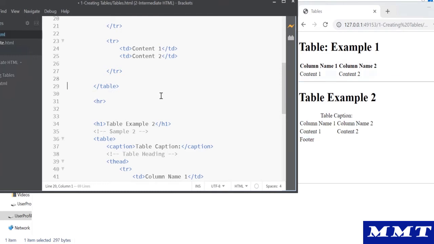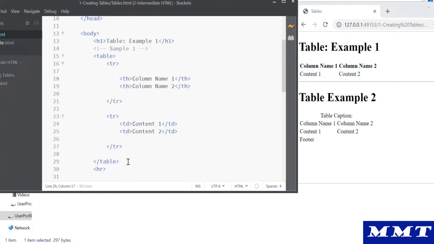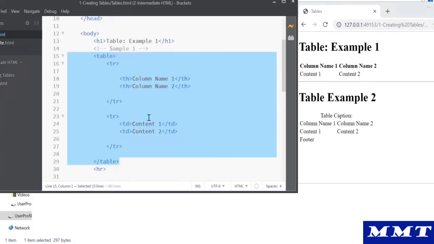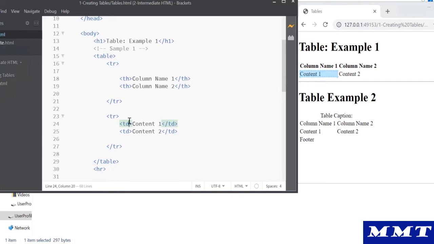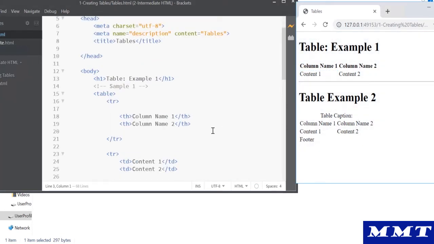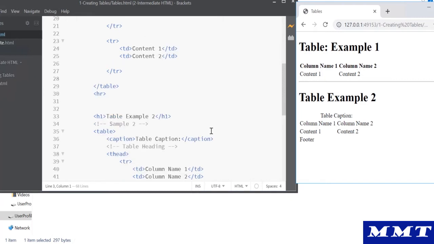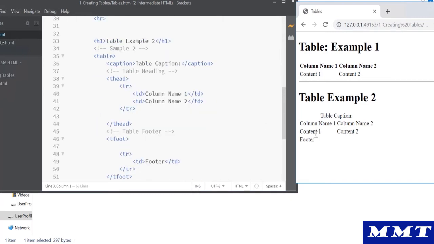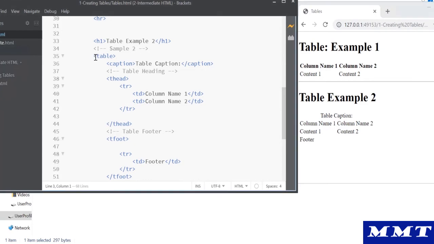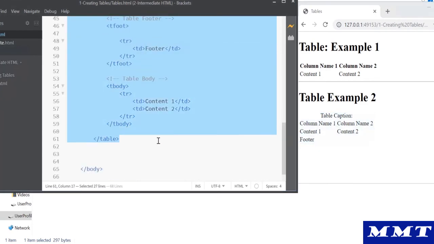So it's up to you how you want to write it, but typically I tend towards writing simple tables because it has too many things inside, and it's simpler to read as well because you have the heading and then you have the columns. Okay, but if you want something like a table where you have to have a caption, a heading, a footer, and you have to differentiate between the heading, footer, and the body, then these kinds of tags will help you to achieve the same table.